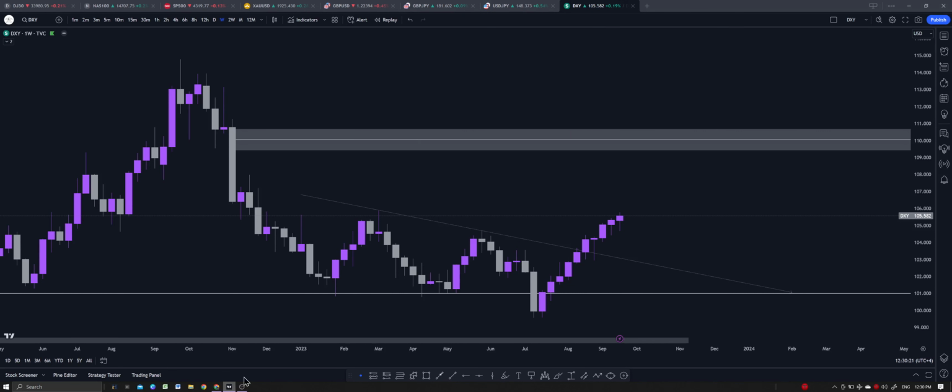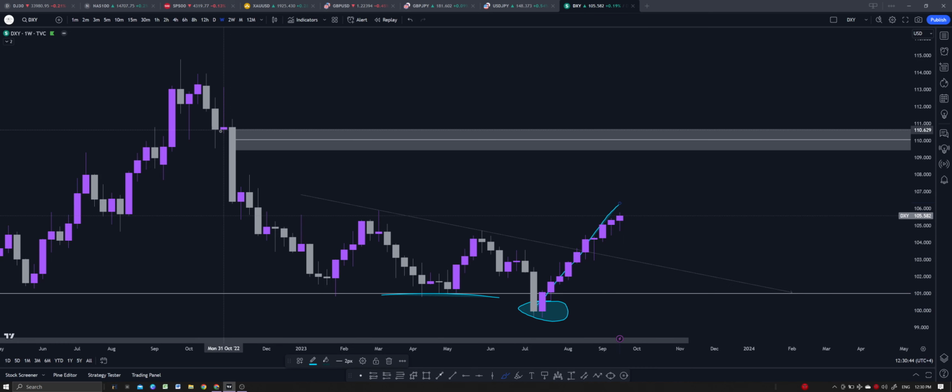Alright, let's look at the technicals now. So let's begin with the dollar index first. Let's look at the dollar strength, and the dollar index is showing us exactly how we interpreted the fundamentals. The dollar remains bullish. Notice how price has broken these lows, picked up liquidity, and has been pushing up.